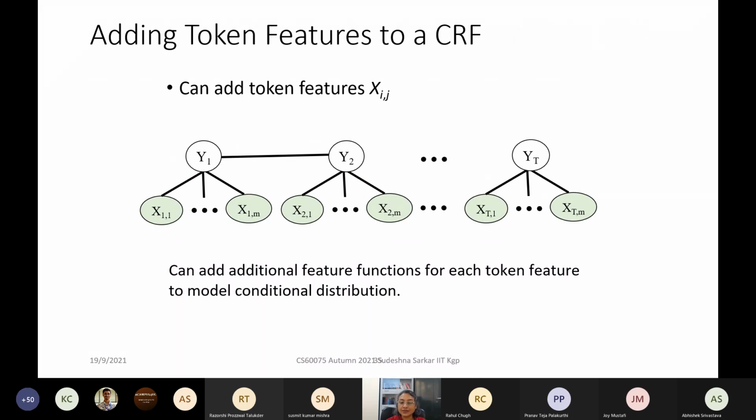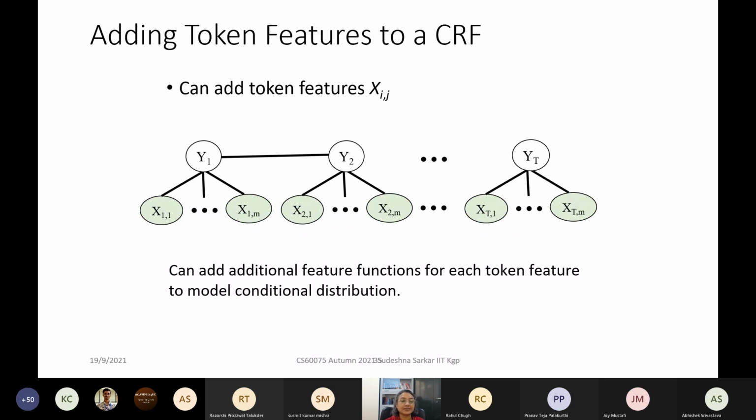So a conditional random field enables us to use different features that we find are useful for the task at hand. Whether it is part of speech tagging, we could have a feature: does the word end in ing? Does the word end in ed? If it is, let us say, a place name, I want to find location names, I can have a feature: does the word end in pur? Is the word capitalized?